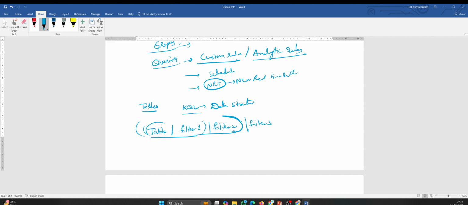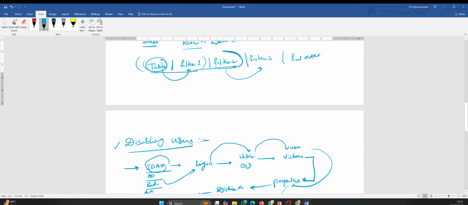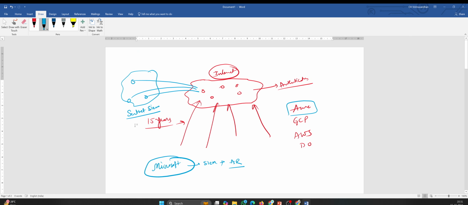So the table first gives some output, the entire output goes to filter two, and the entire output of that goes to filter three for the final output. So this is how our data structure looks. Don't worry, we will go through it very easily. So let's say I take an example.